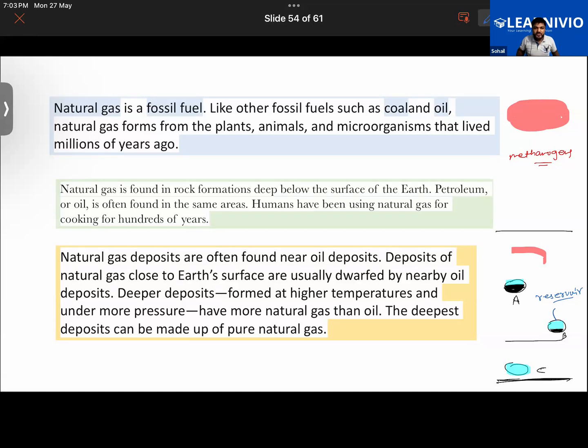And it is decomposing under anaerobic condition, in absence of air. So what will happen? Some gases will also be formed in it. Some gases will also start to come out of it. While in the process of decomposition, it will release some gases also. So those gases have got